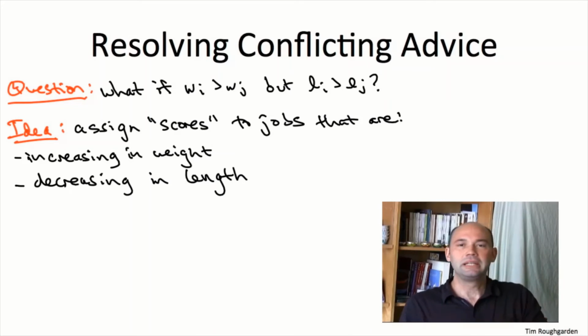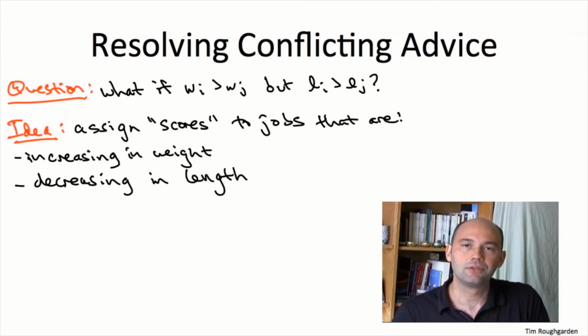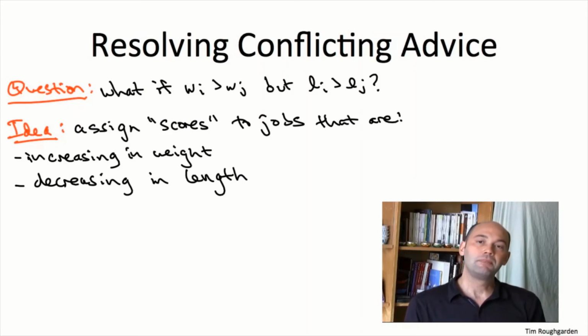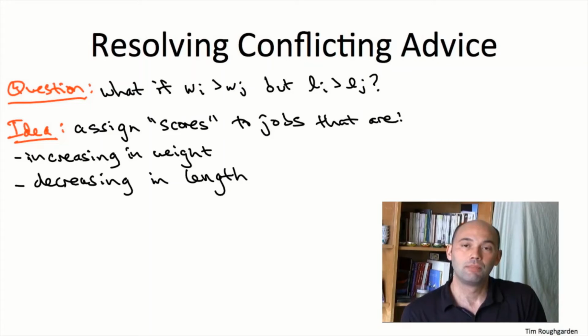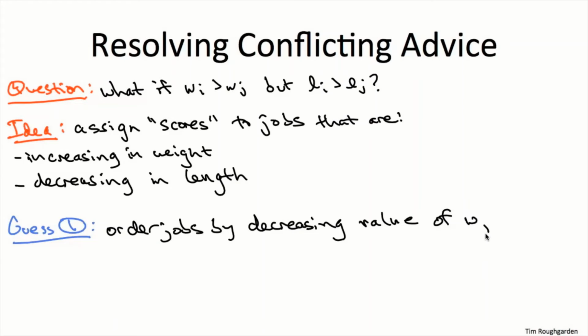All right, so there's certainly any number of functions which have these properties, but I'm just going to write down for concreteness two of what I think are of the simplest functions that have these properties. So one is going to be based on taking the difference of the two numbers, and one is going to be based on taking the ratio of the two numbers. So if you're going to use a function based on the difference, and you want it to be increasing in the weight and decreasing in the length, then of course the obvious difference to use is weight minus length. This can be negative sometimes, but that doesn't bother us. The algorithm is still well defined.